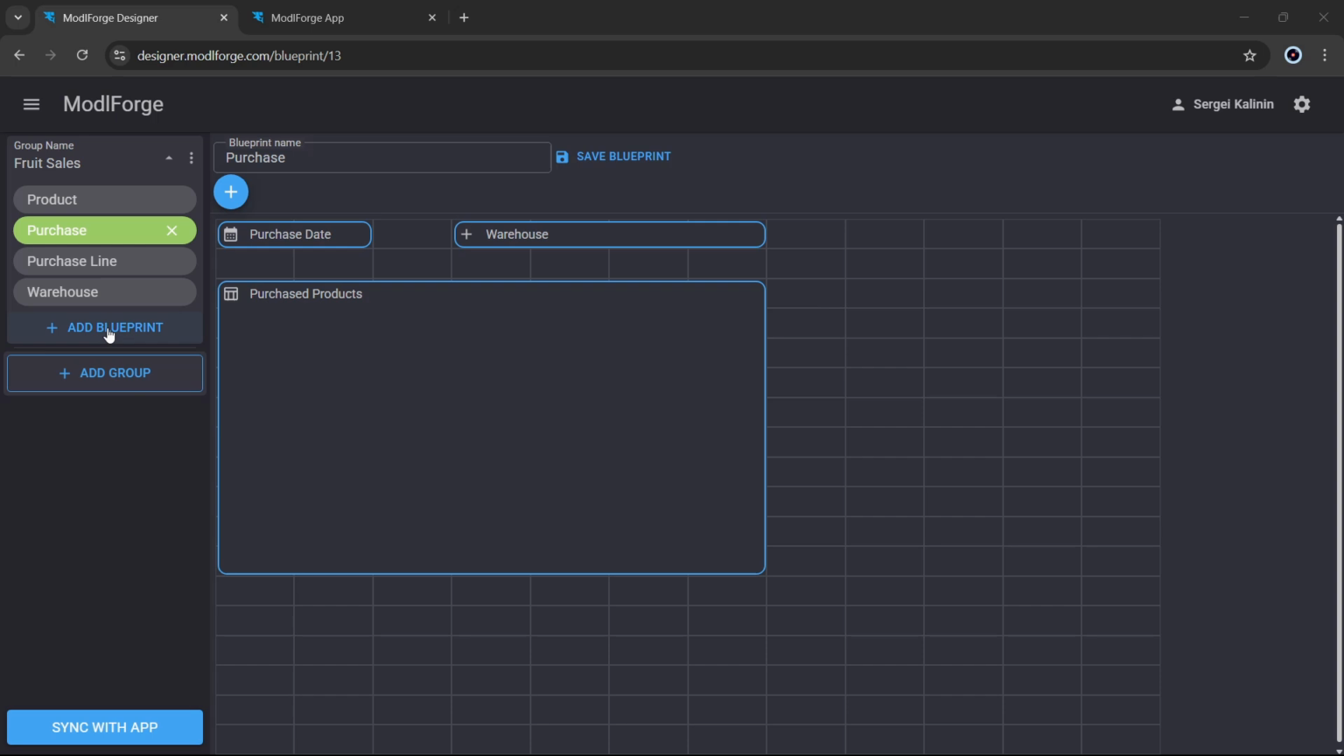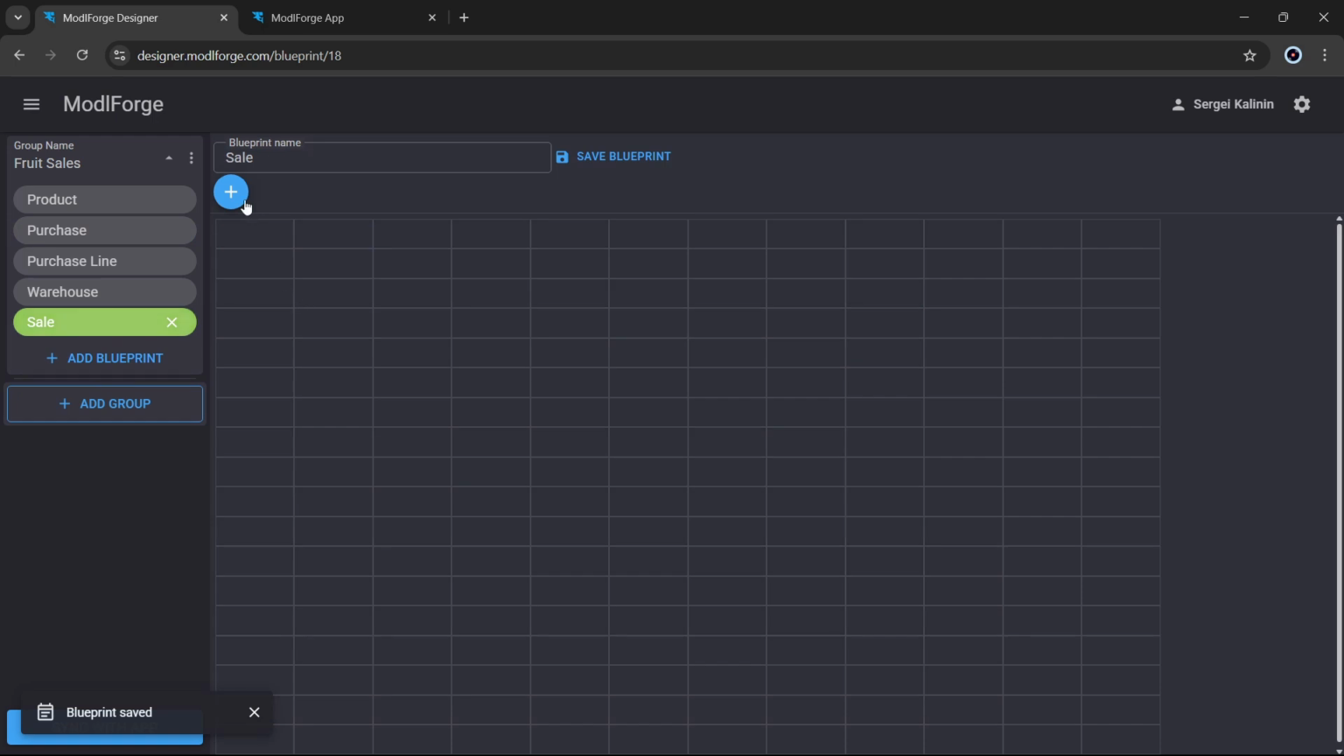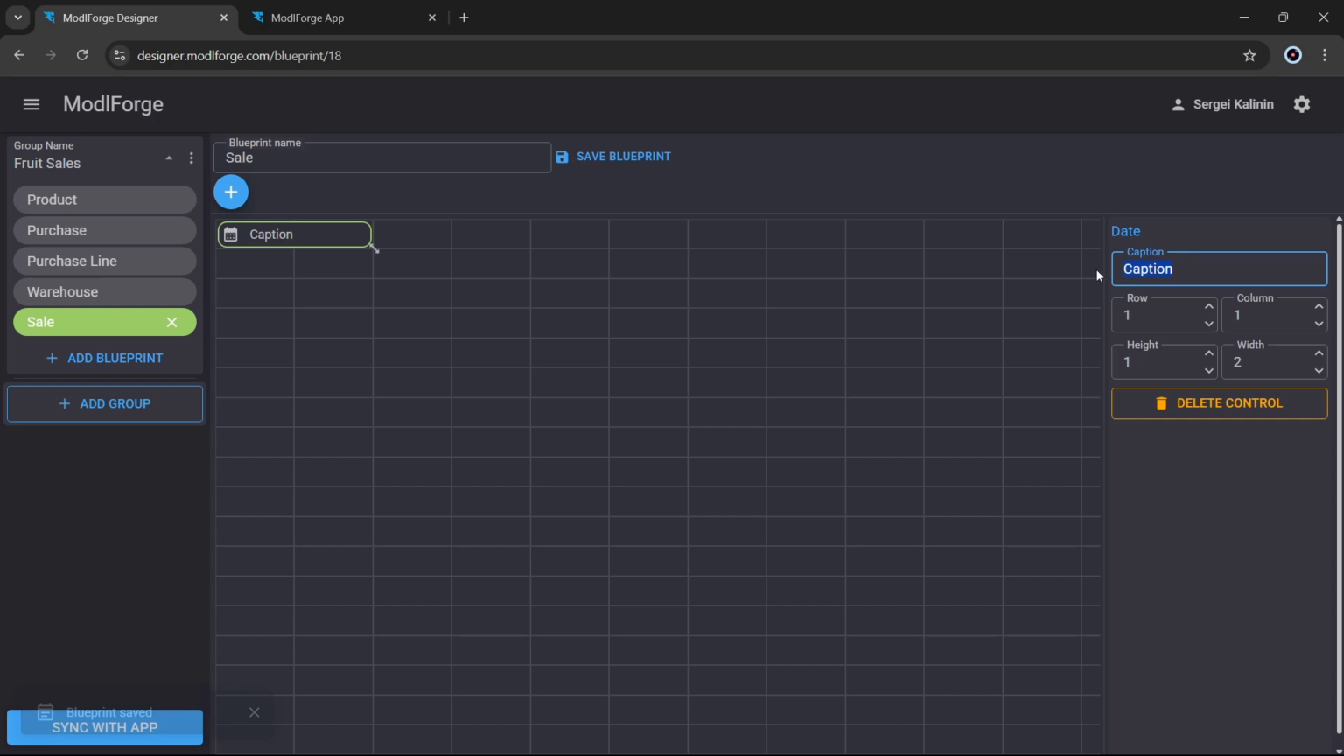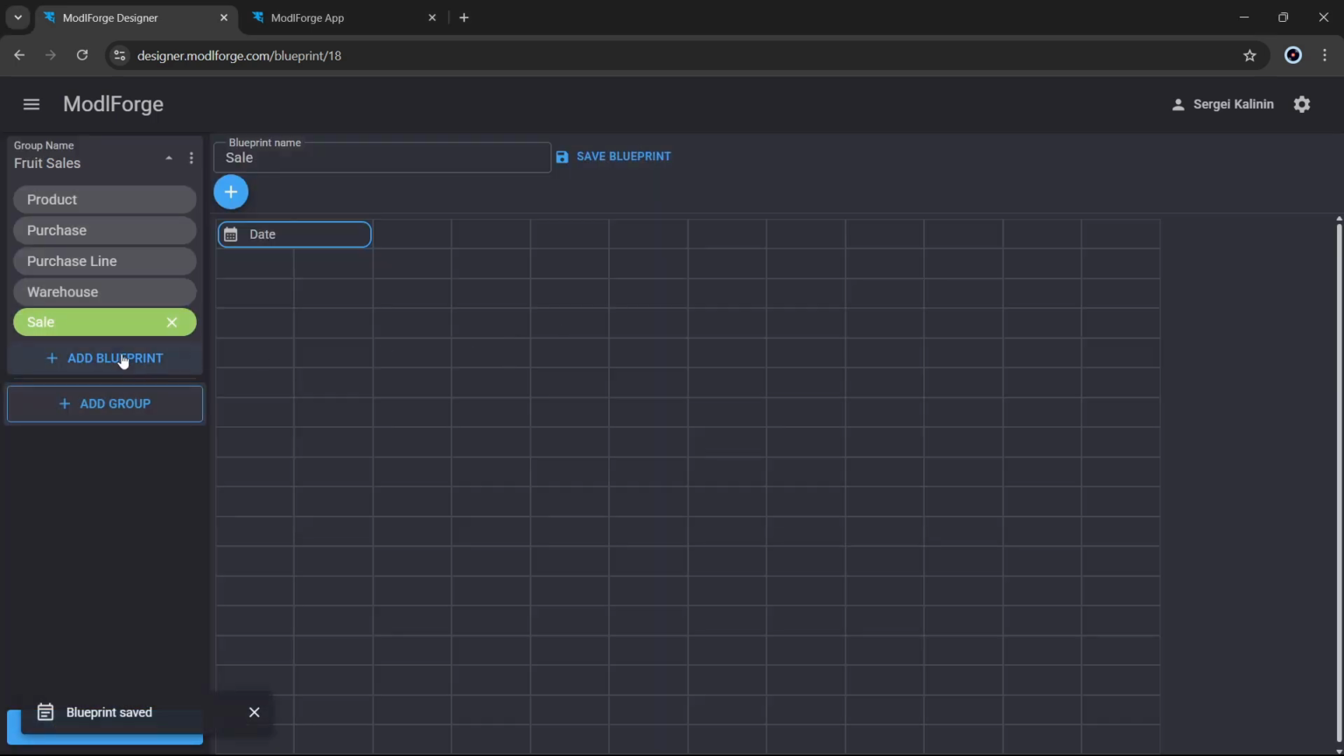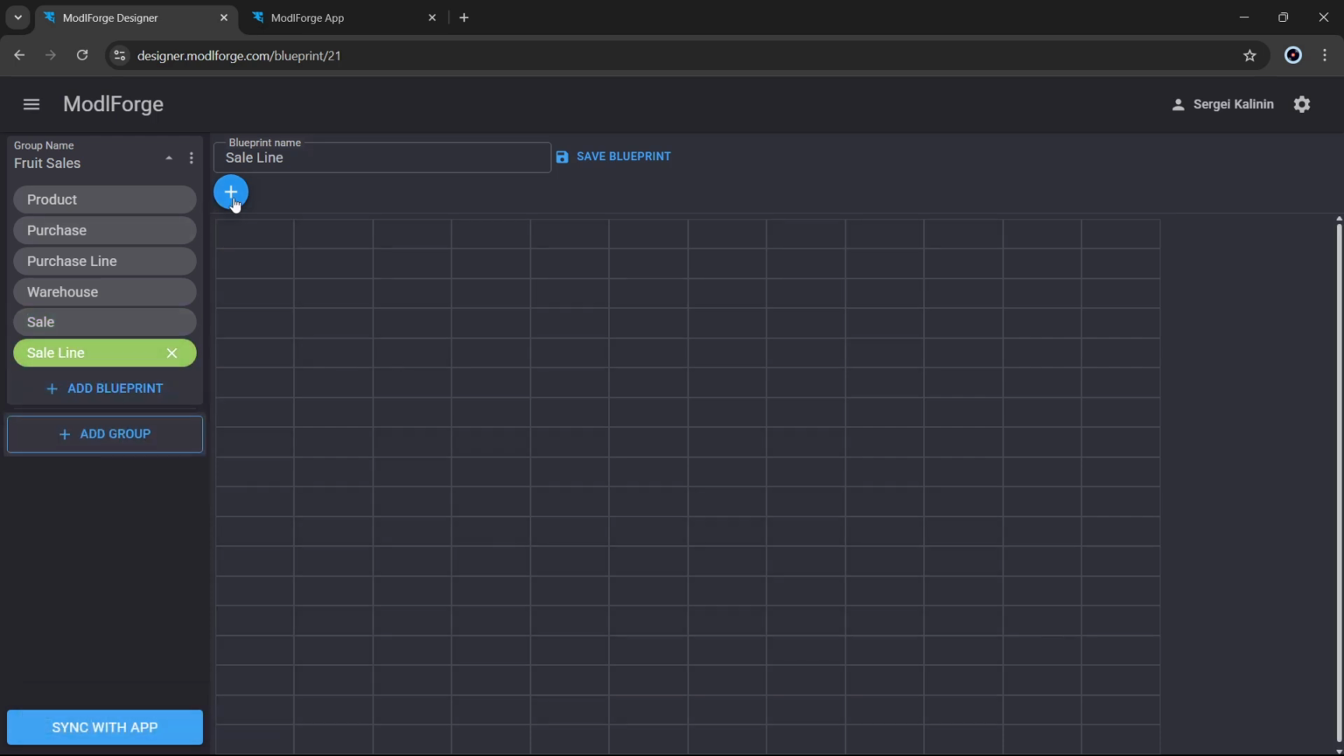Let's move on to adding a blueprint for the sales. I will add the sale date to the new blueprint. And once again, before adding the table with sale lines, I will create the blueprint for the lines themselves. I will call it sale line, and it will contain the product we are selling,